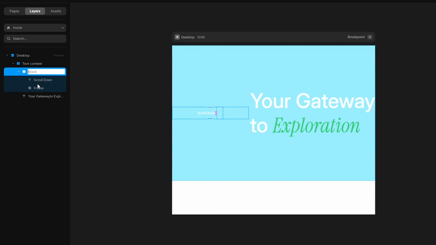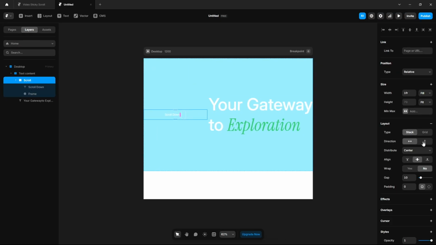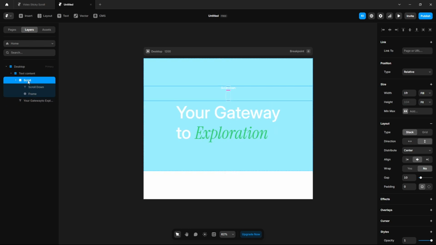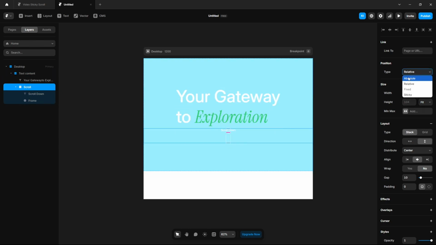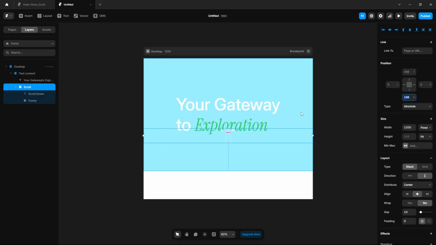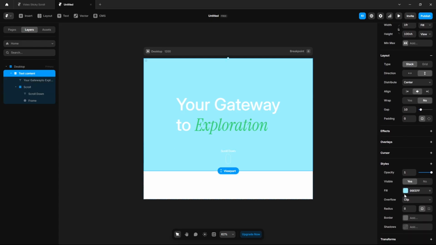name it, I guess, scroll, change the direction to vertical, again click here, this parent content, text content, change the direction to vertical. Now click here, press down arrow on your keyboard to position it at the bottom, change the position to absolute, set the bottom value, I guess 50, let's see,